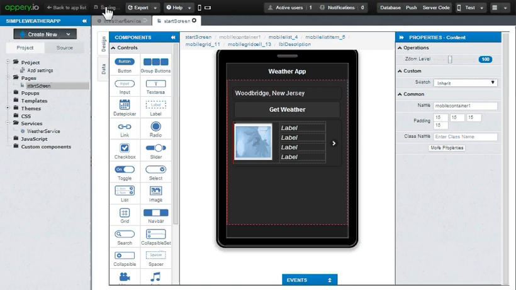So let's recap. So far, we have created a service which is like a wrapper over a REST service. This particular wrapper service has a request and a response. As step number two, we have created a user interface with the relevant UI widgets. And step number three, we will be mapping the response and the request of the service with the UI widgets. So let's go ahead and do that. On the UI screen itself, we were currently in a tab called the design tab. Let's move over to the data tab.